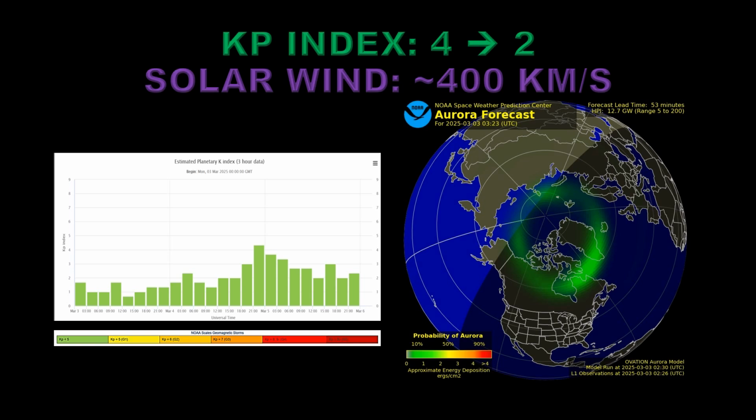What's going on in geospace? Well, the KP index, shown here on the left, has been a little active, more so than it has been for the last couple of days, but still nothing close to a geomagnetic storm. This is reflected in the auroral arc, shown on the right, which looks very weak. The KP index dropped from about 4 to 2 during the day, and the solar wind speed is around about